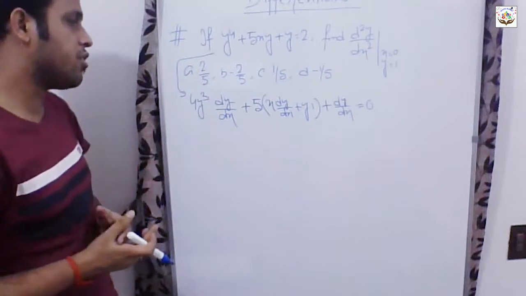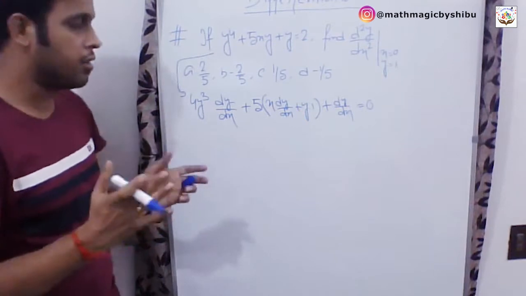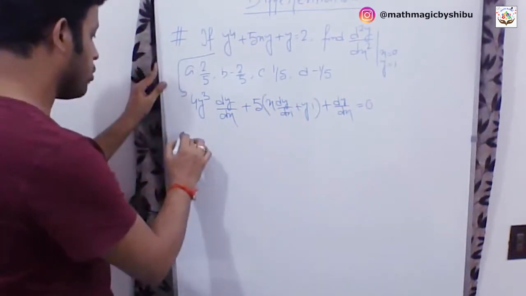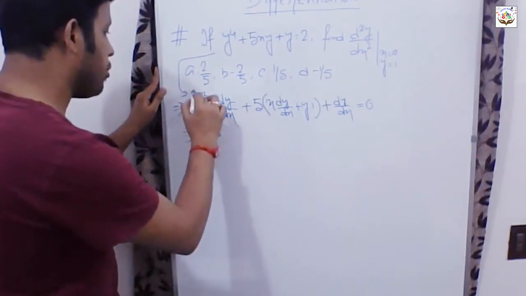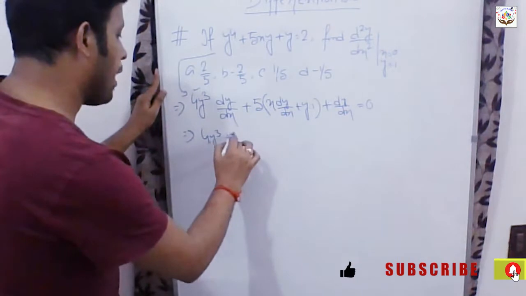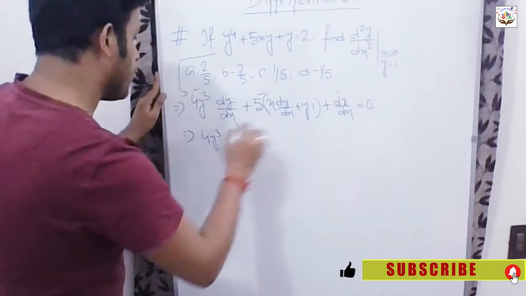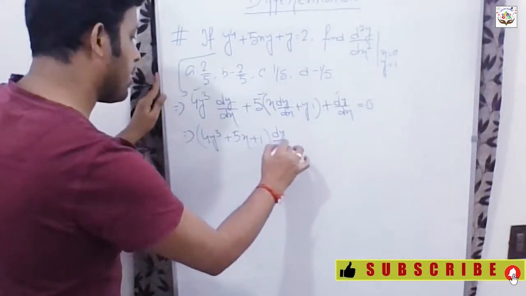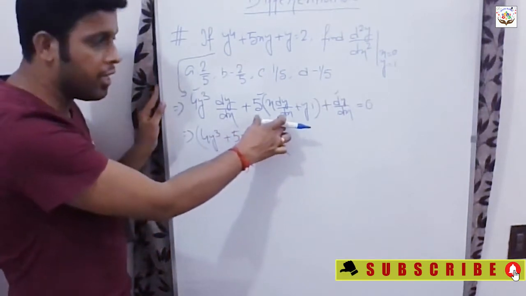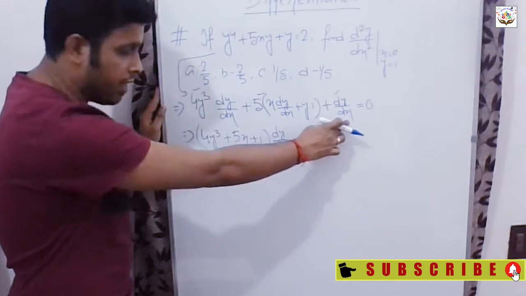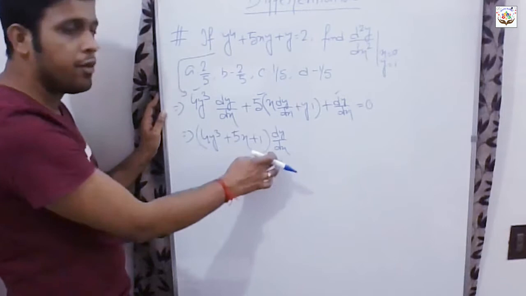So now my next task is to take all the dy dx terms to one part, I mean, in another segment, the dy dx part, right? So what we can write is 4y cube plus 5x plus 1. That will be under the bracket when dy dx is common, because 4y cube dy dx from here, we have 5x dy dx, and from here we have only dy dx. So for 4y cube plus 5x plus 1, we have taken it in a bracket into dy dx.